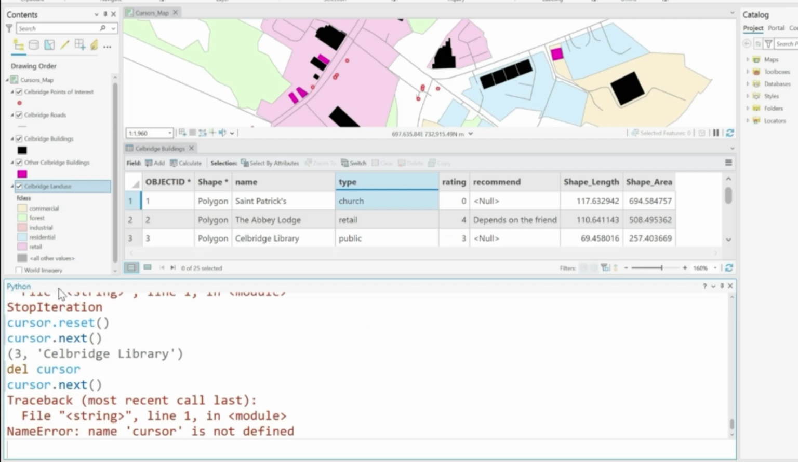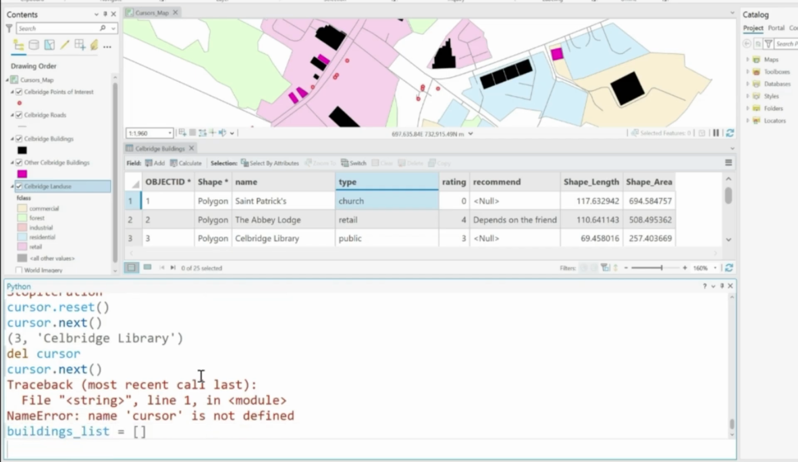We have our Python window open and the Selbridge buildings attribute table. For our first example, we are going to get a list of all the attributes in the name field. Let's see how that would look without list comprehension first. We'll create a variable called buildings list and we'll set this to be an empty list. We will then use our